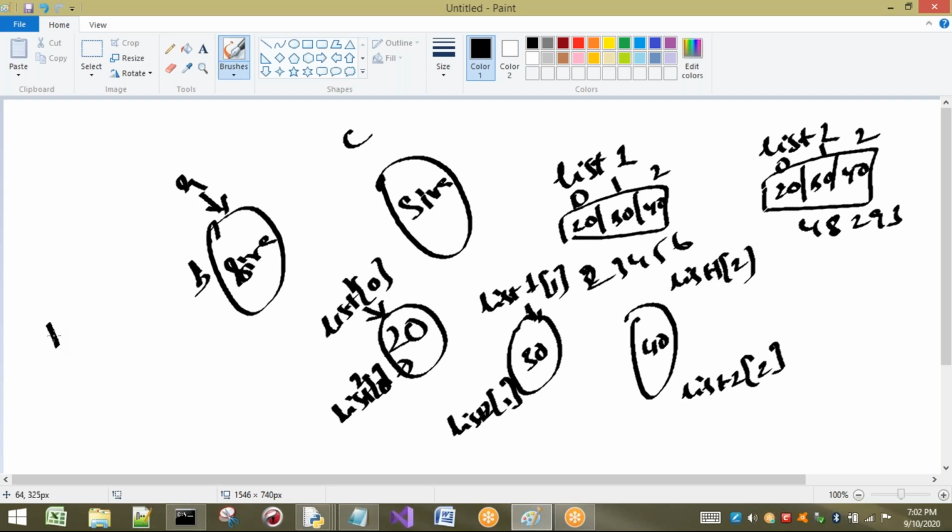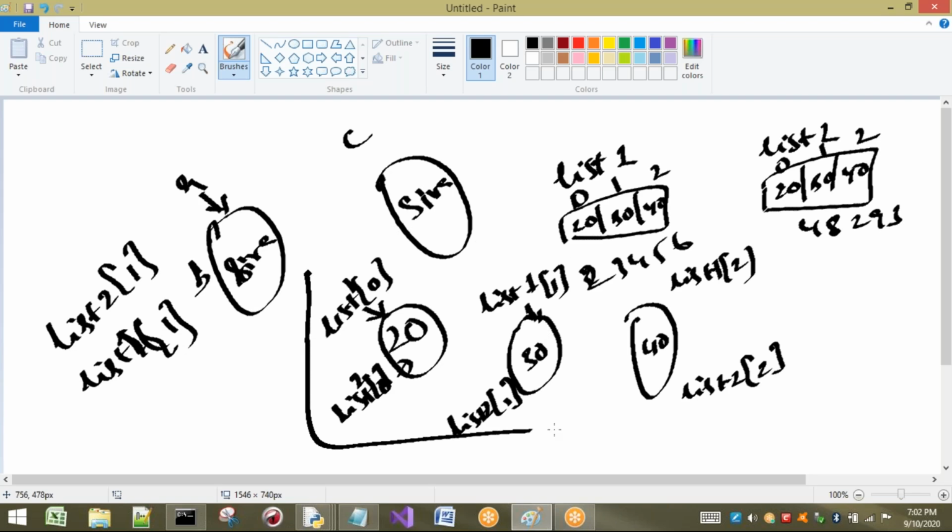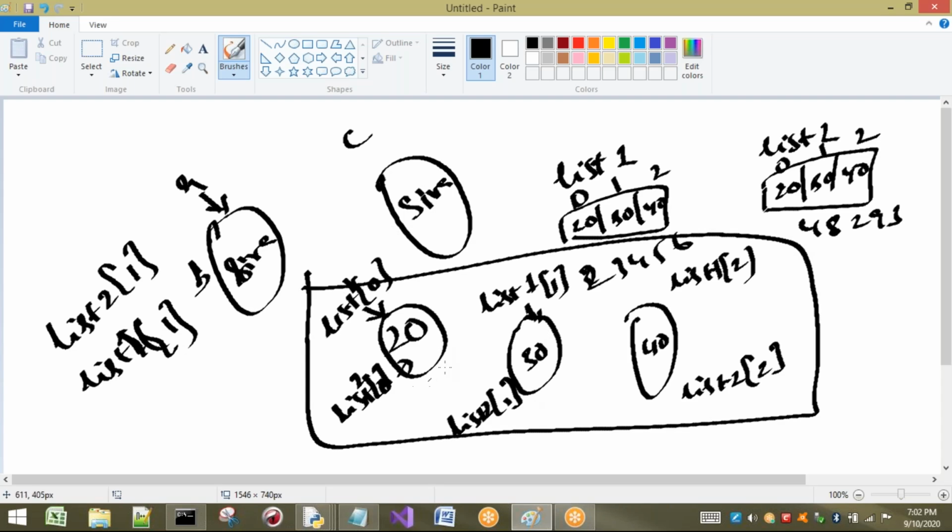Whenever I use list 2 of 1, listen carefully, it is pointed toward 30, so it results in 30. Whenever I call list 1 of 1, it is going to call the same object. Internally the values are stored in this way. But up to which values will it reuse? As these are integers, only if the values are 0 to 256 will this happen.